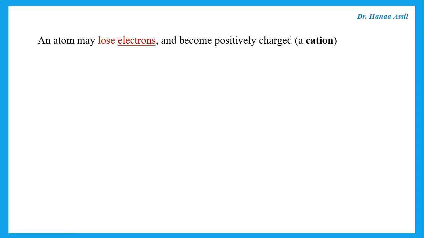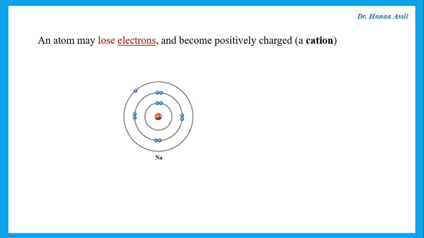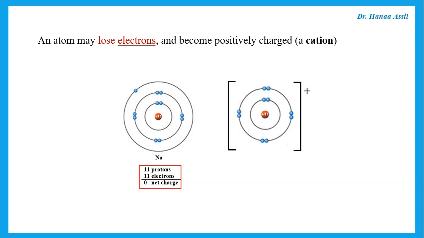So an atom may lose electrons. Atoms in group 1 or 2 or 3 have 1 or 2 or 3 electrons in their outermost shell. They would tend to lose electrons. At the beginning, the atom has an equal number of protons and electrons, but if it loses that outermost electron, it has more protons than electrons, which means it has an extra positive charge, and it becomes a cation. So remember, a cation is an ion that has a positive charge.